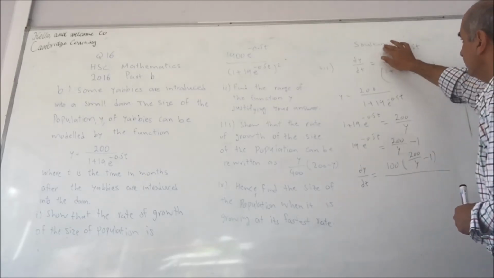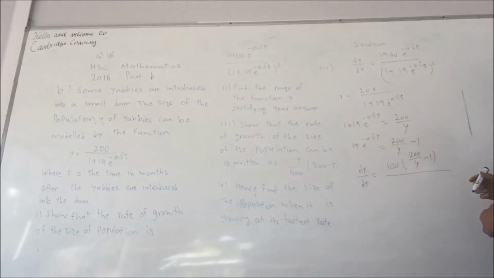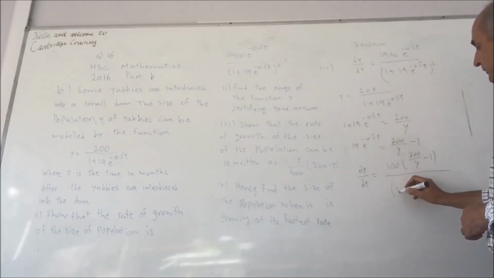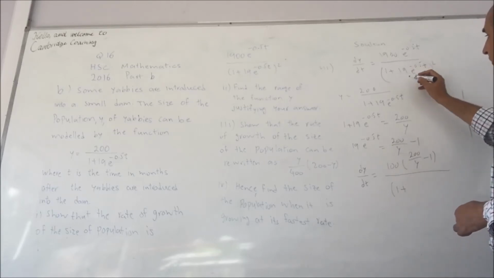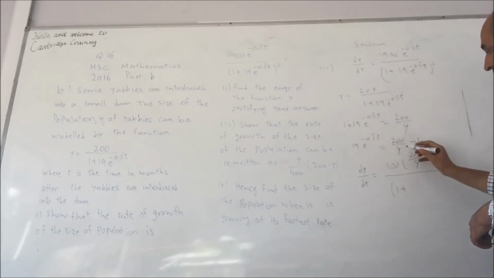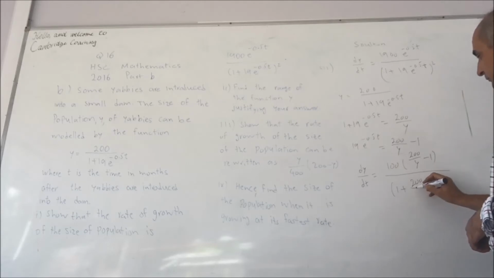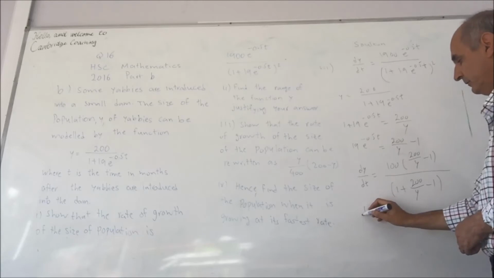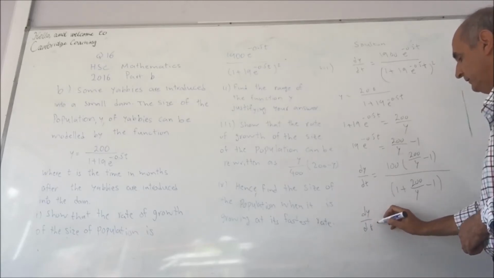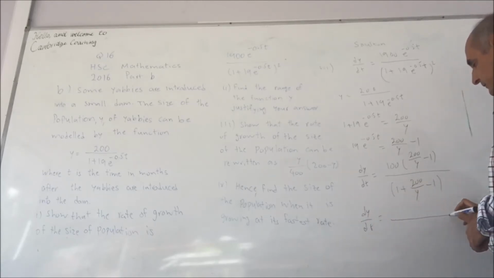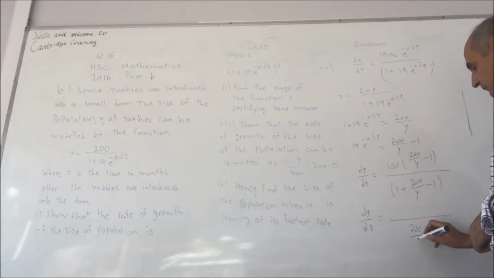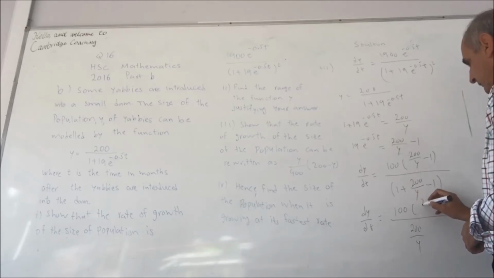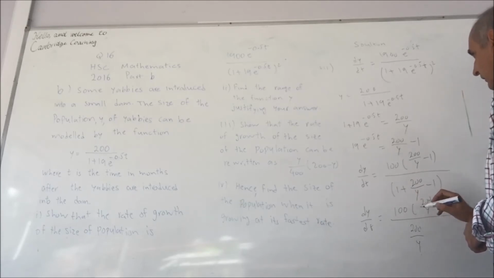Alright, now for the denominator I have 1 plus, now I've got exactly 19 times e to the minus half t, which I'm going to write as 200 over y minus 1. Alright, so that gives me dy over dt is equal to, that 1 and 1 cancels out, becomes 200 over y, and that becomes 100 times 200 over y,